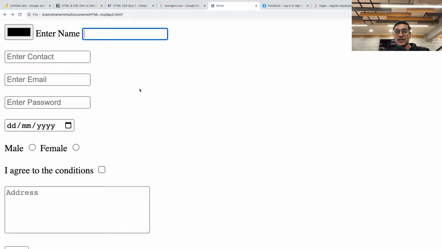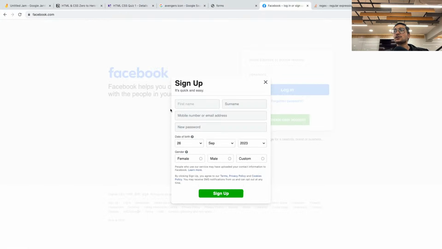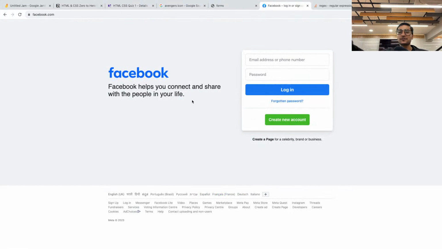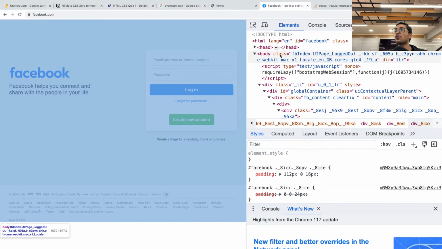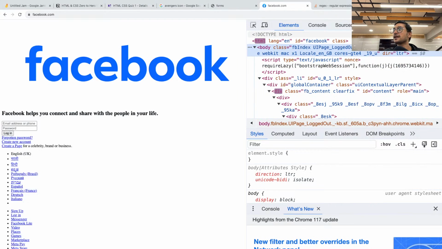I hope you're understanding. So guys, CSS is a language which works with HTML, which helps HTML to align the content properly, arrange the content properly, give color to it, give size to it, all that stuff. Yesterday I showed you the example, but let me show you once again. So let's say this is your Facebook web page, right guys? Looks very good, looks very nice. Let's see how it will look if we don't have CSS. Let me show you. If I go here and remove the CSS for some time,